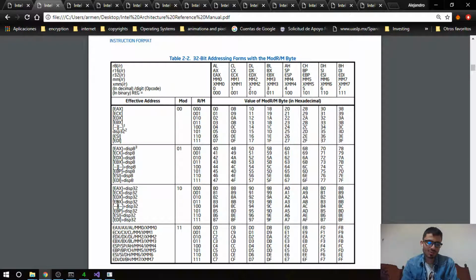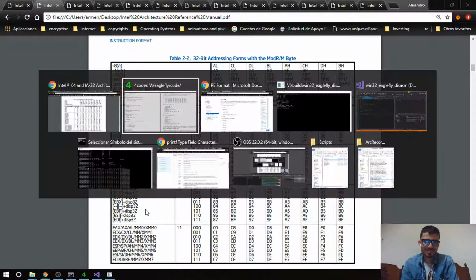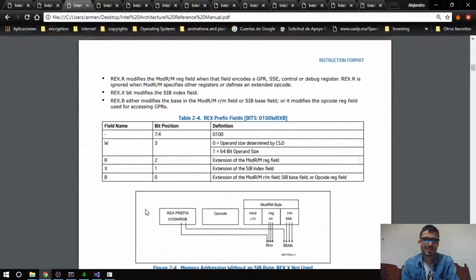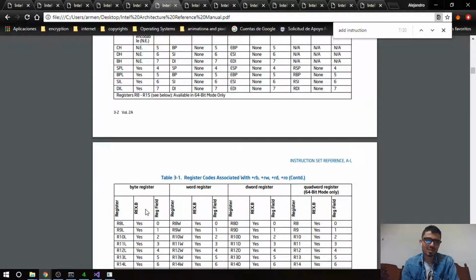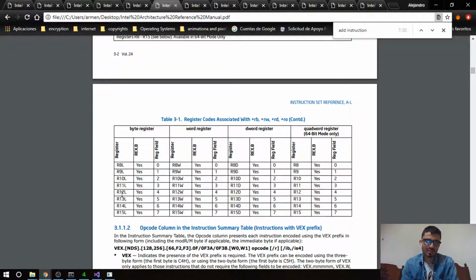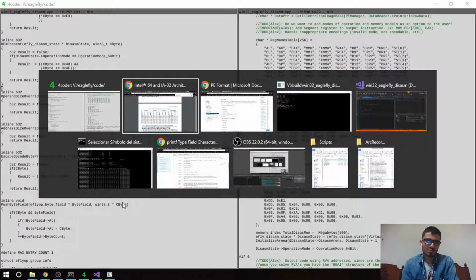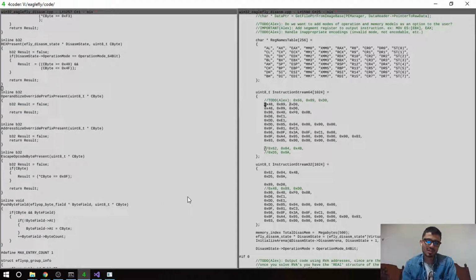We haven't used EBX, so we can use the base pointer from memory, and then move like an EBP, ESP, something like that with a REX, but that's not possible, because if I want to use the extended things, they are R8, R9, so we're not gonna use that, I guess. I mean, we want to use the registers, then it would be a memory thing, so it would be something like